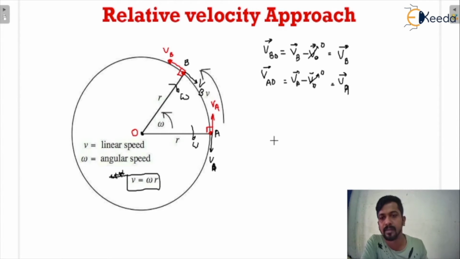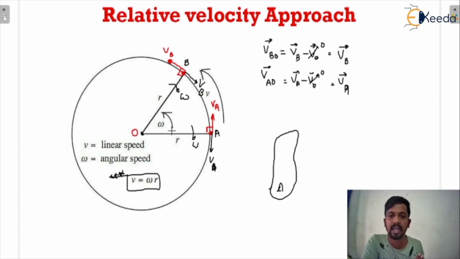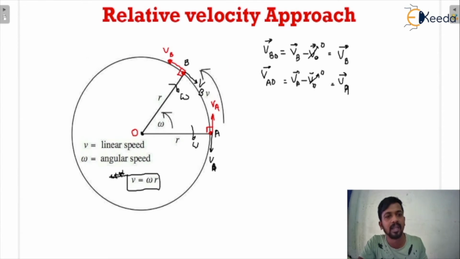Now I'm going to consider a general link. We have already discussed the circular path, and you are able to understand the relative velocity on the basis of a circular path. Now we will discuss some random system, some random shape, and this is a link. You can consider an easier link so it would be easy to understand. If one is complicated, you can understand it using this link.